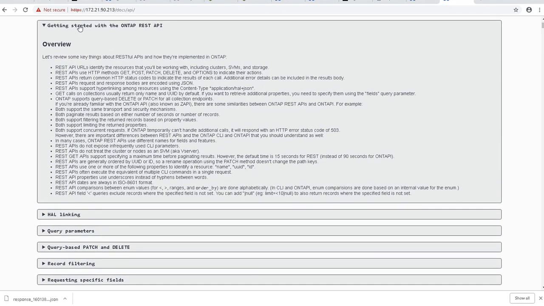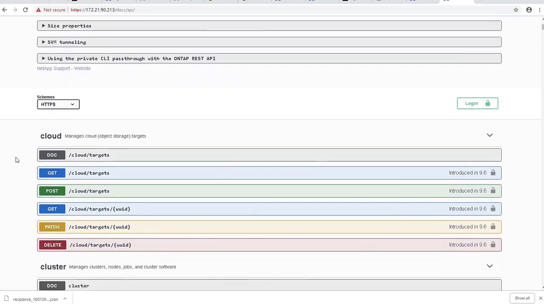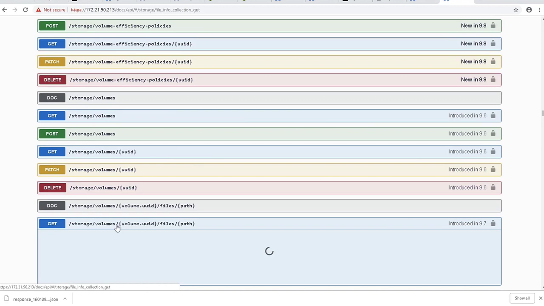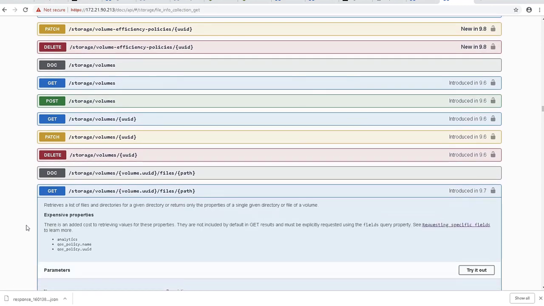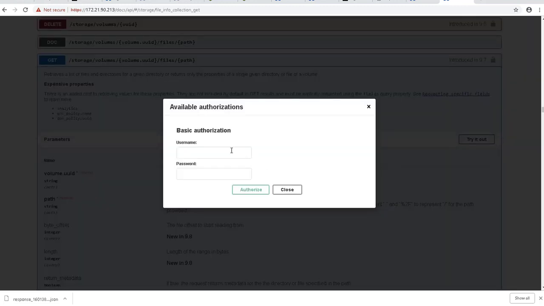For the demo purpose, I am just going to call a particular API to find the total number of files in a folder. So here we are calling this API. To communicate directly with the storage controller, please provide the credentials.